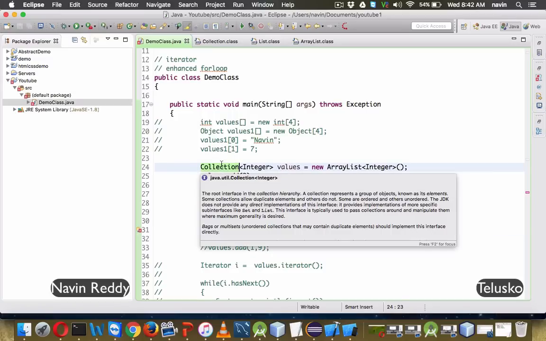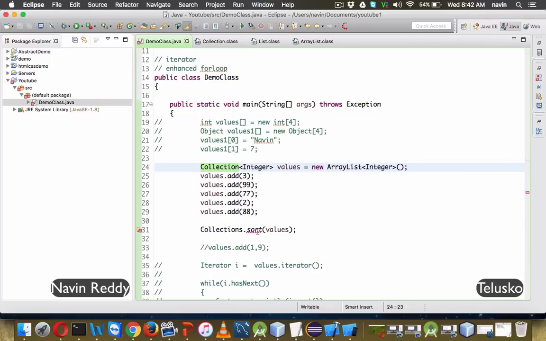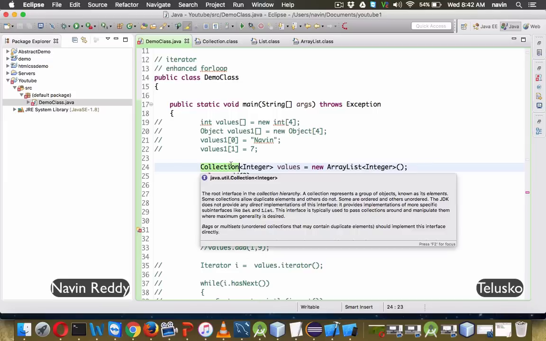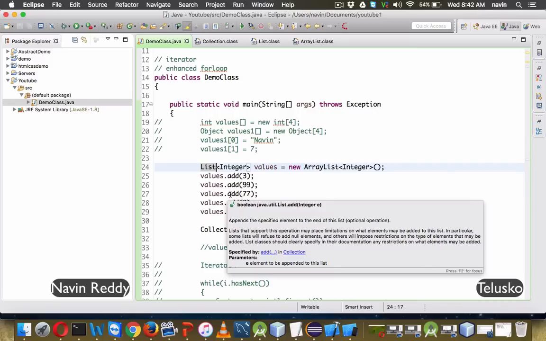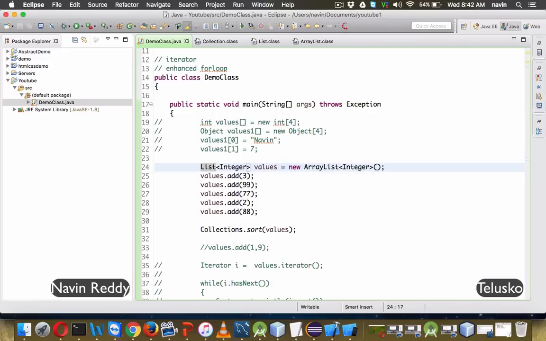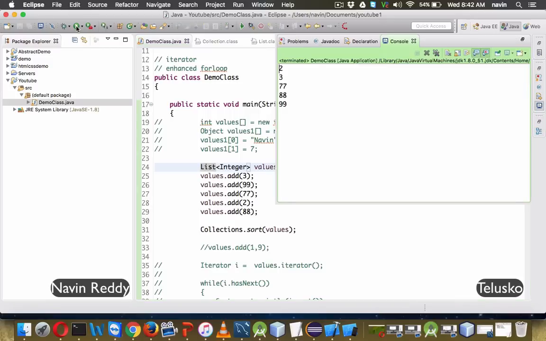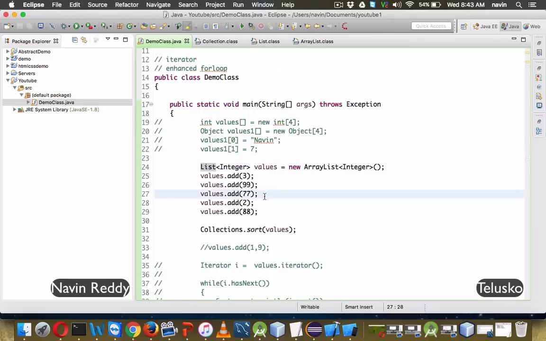You cannot add values in between. That means it doesn't work with indexes, and that's why we cannot even sort the elements. That's why we need to use List. When you want to create a simple collection, go for the collection interface. But if you want to add values in between or sort elements, always use List. That's why List is so popular amongst developers; they tend to use the List interface instead of the collection interface. You can see we got the elements sorted, right?